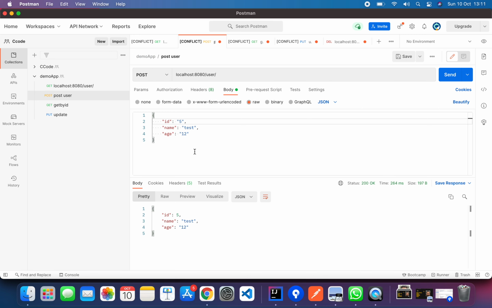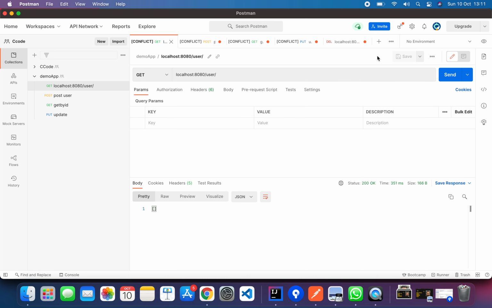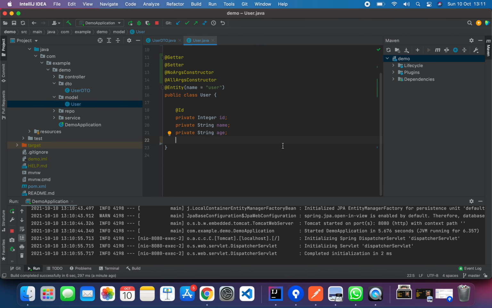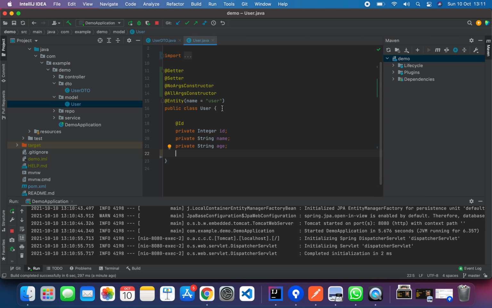So it seems it's working. So let's add some data here, and okay, I added one item, and then let's go and check if it is there. It works perfectly, so no changes were made, right? Okay, so that is the simple usage of @Getter, @Setter, and then the two constructor methods that are available with